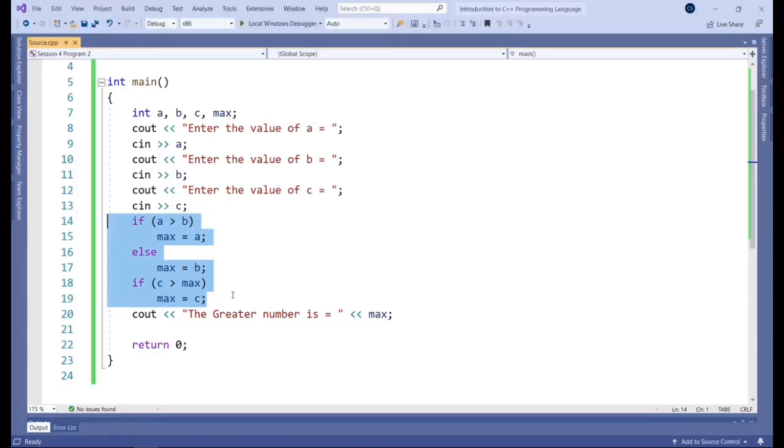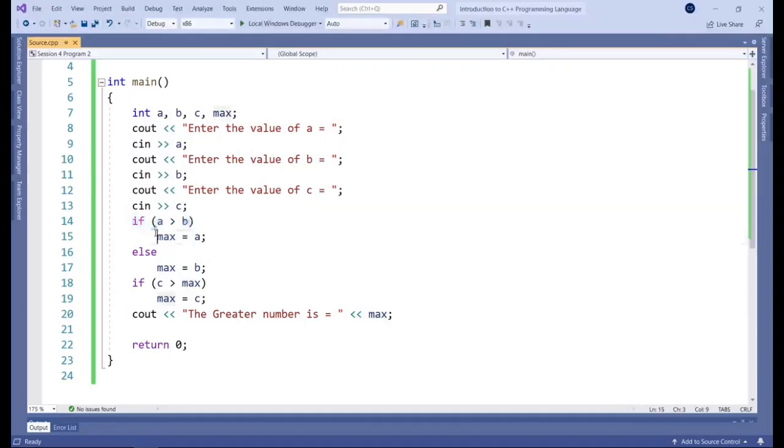Now, one thing to note is that first if statement will always get evaluated, as well as this second if statement. The else part will only get evaluated if this first scenario doesn't happen because it turns out to be false. So it will basically check, okay, is this true?